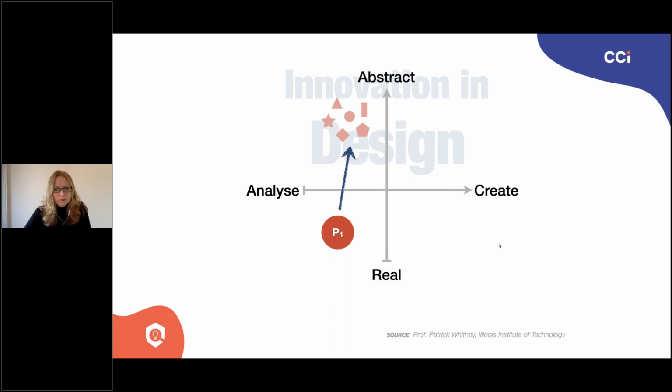So for example, abstracting from an MP3 player, you then think about enjoyment of music. You look at it at a more abstract level and think about different ways that people could enjoy music. And this is what Apple did when they developed the iPods, and then moved on to iTunes and the whole ecosystem around music that has now changed the way people enjoy and listen to music. So from these options that are generated, you can then dig back down to reality, as it were, and develop a new product solution or a new design solution that is completely disconnected from the starting point.